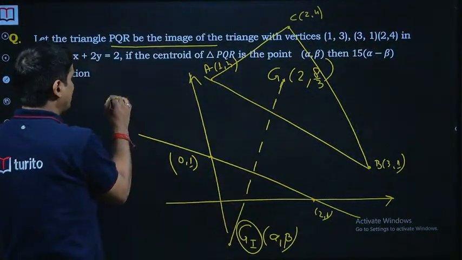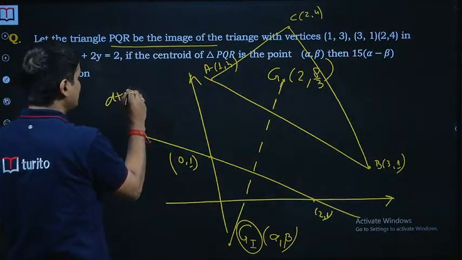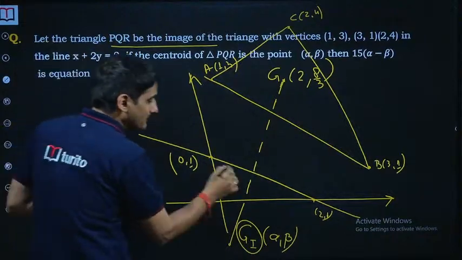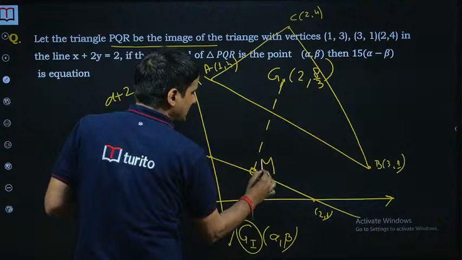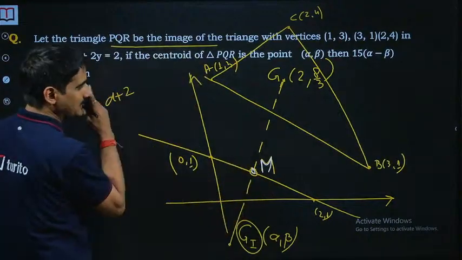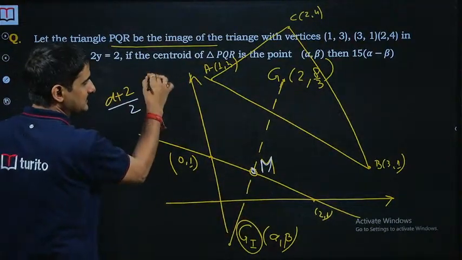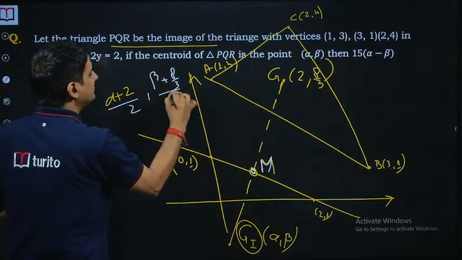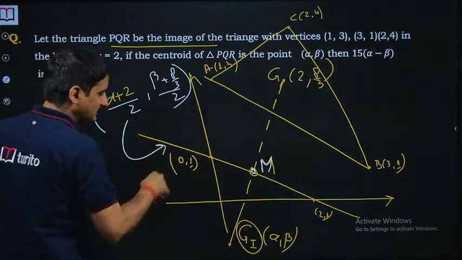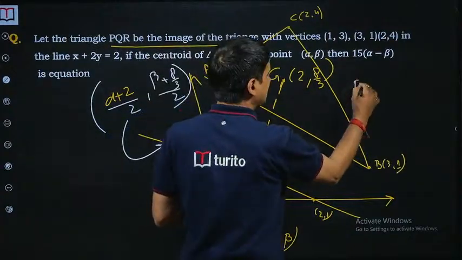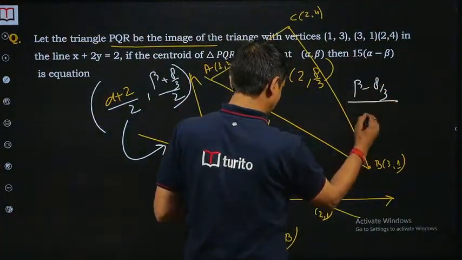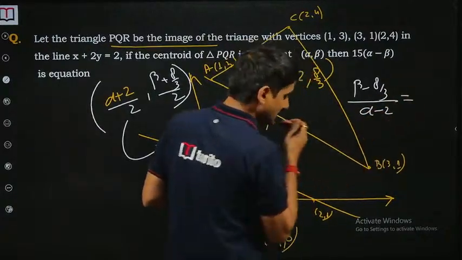See, if I go with the kids method, so the bacho wala method, it's (x1 plus x2) by 2, the midpoint of these two will lie on the mirror. Okay, so the midpoint will lie on the mirror, and the midpoint is (alpha plus 2) by 2 and then (beta plus 8 by 3) by 2. So it will satisfy the equation of the line, and the second relation is the slope form. So it's (beta minus 8 by 3) upon (x2 minus x1) is the slope,